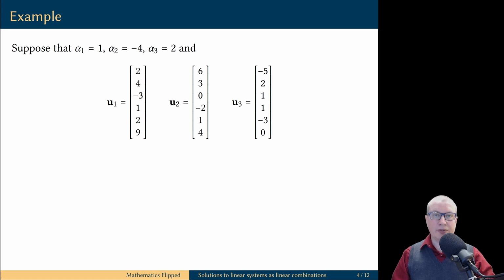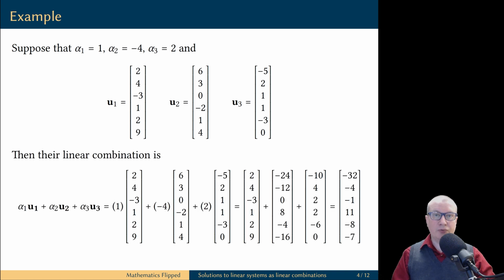Let's take three vectors of size 6 and three specific scalars. We can form a linear combination of these three vectors with these three scalars, and if you compute the result of this linear combination, namely, you multiply each vector by the corresponding scalar, then you add all the resulting vectors, in the end, you get one single vector, which is of the same size as the original vectors used to construct the linear combination.